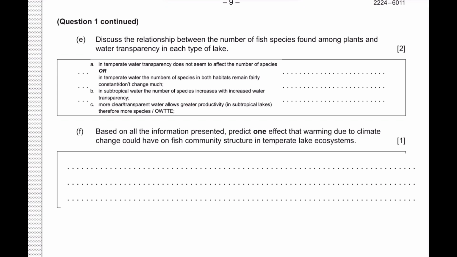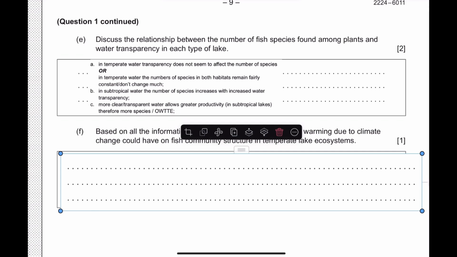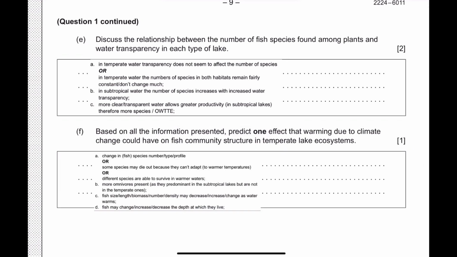Is it clear? Now based on all the information, predict one effect of global warming. This is only 1 mark. Many points will be accepted here because we are talking about global warming. So change in fish species number: some species will survive, some will die, new species might be able to survive more. Then fish size, biomass, you can talk about that from the initial part of your question. Fish may change, increase in size or depth. So any valid point is accepted, but we don't accept answers that refer to a single population, because it needs to be global warming, so it can affect on a major